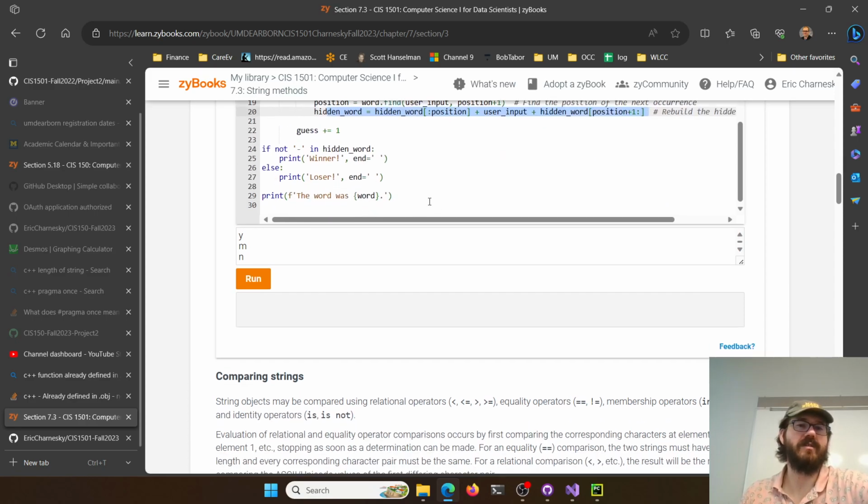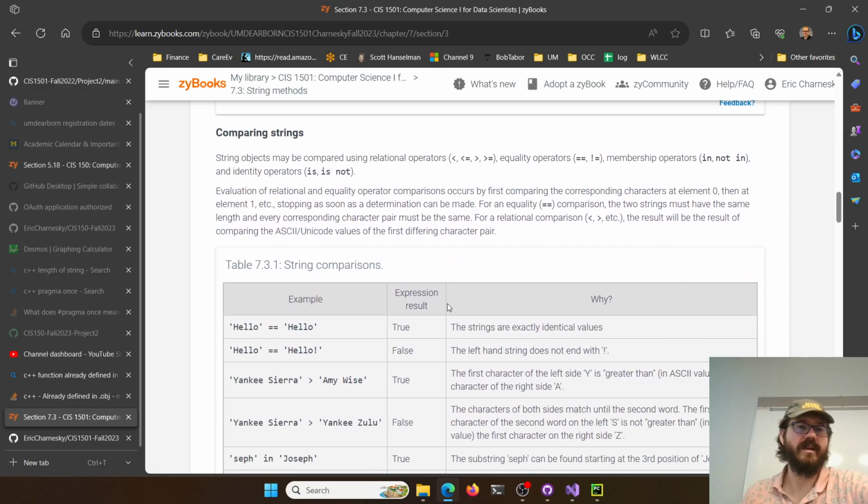But again, that's me. So you can compare strings, weirdly or not. We've done equals, we've done not equals, but you can ask if a string is greater than or less than another string. Sure, because remember, every character has that ordinal value, the ASCII value or Unicode value. So a capital A is less than a capital Y because A has a lower Unicode value than a capital Y does.